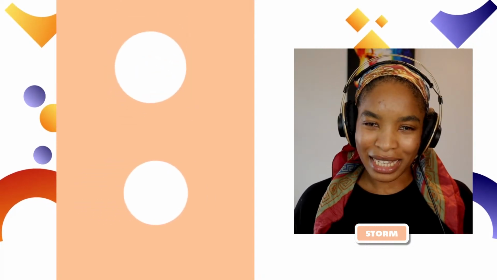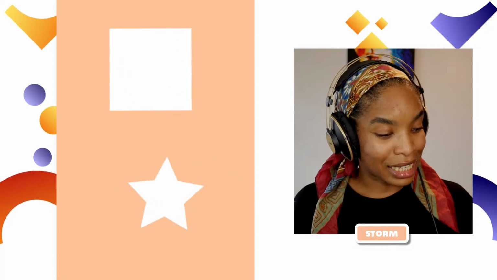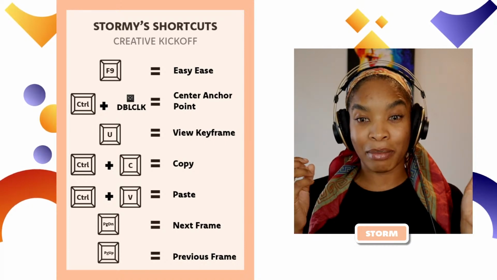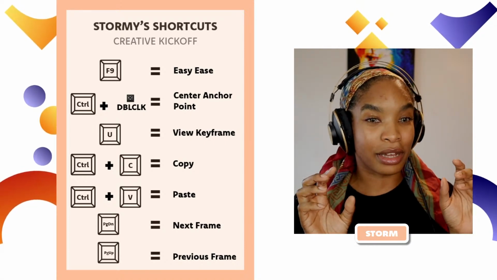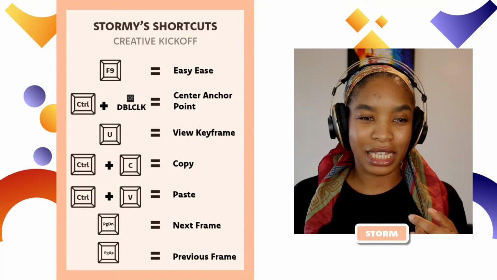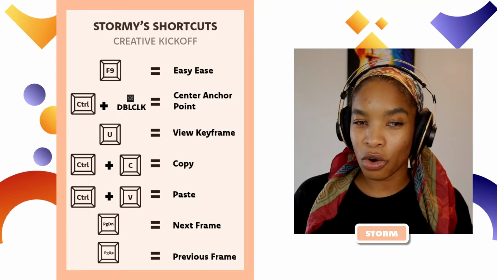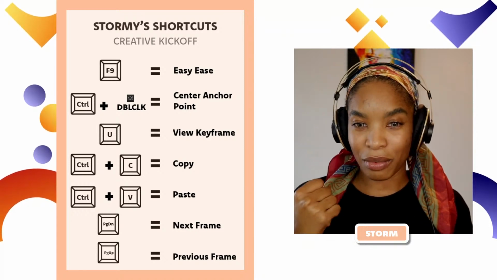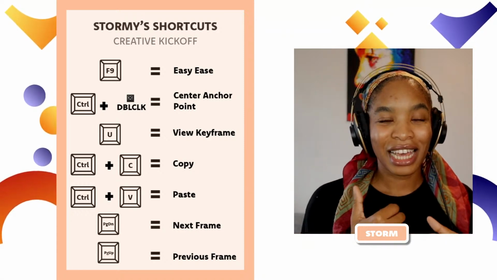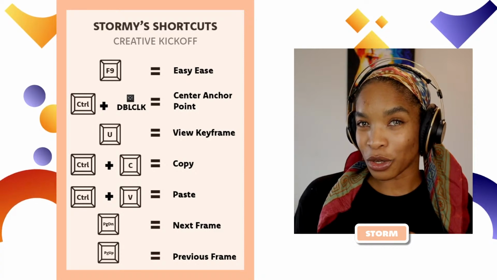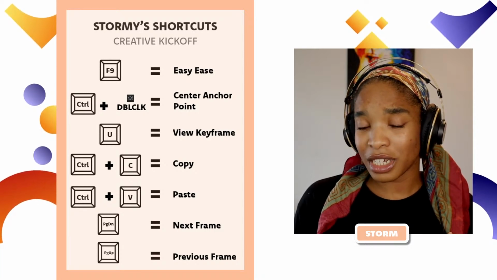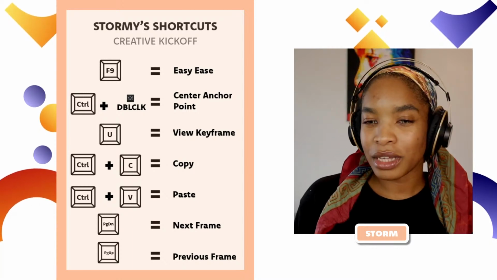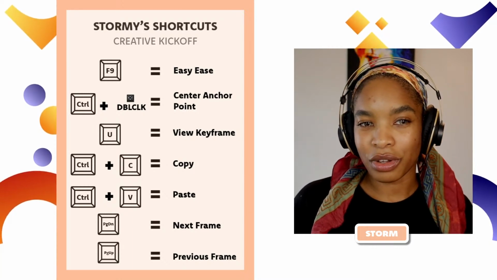I hope that makes sense. And like I said, I'm hoping that I'll be able to drop this off. All the shortcuts I mentioned, I know I was going through it quite quickly. Things like F9 to use easy ease, double clicking and control, and use to view keyframes. I have made this shortcut document if in case it helps you. But feel free to watch this video again and get a good feel of how things work in After Effects with motion,